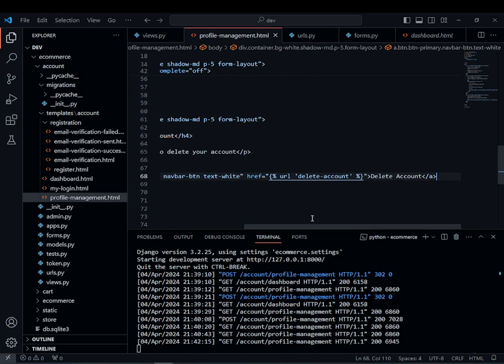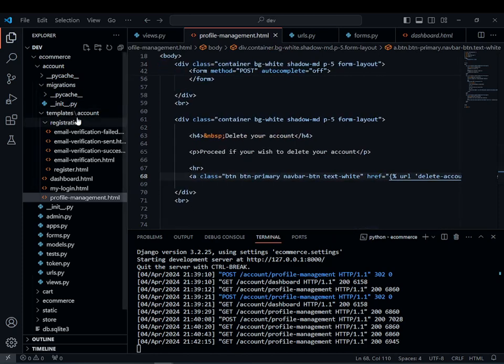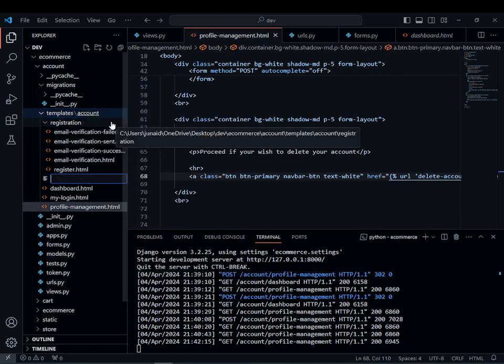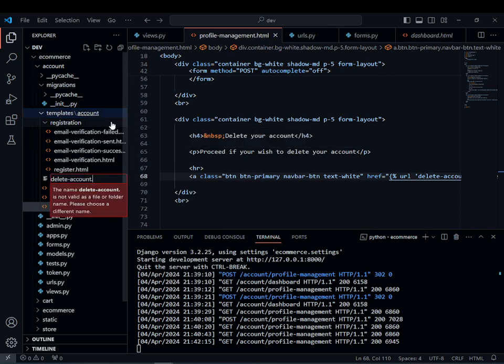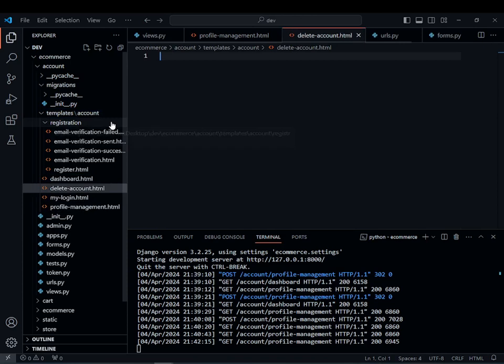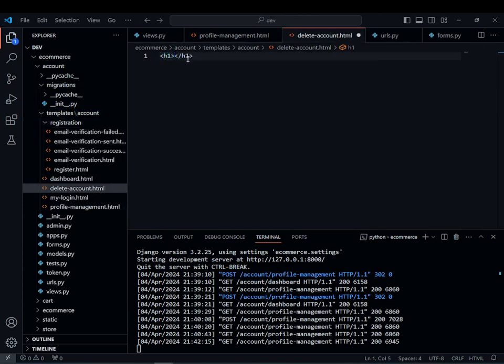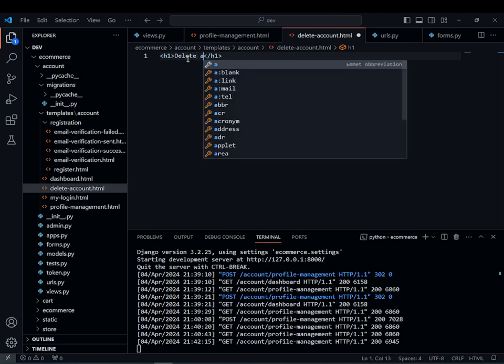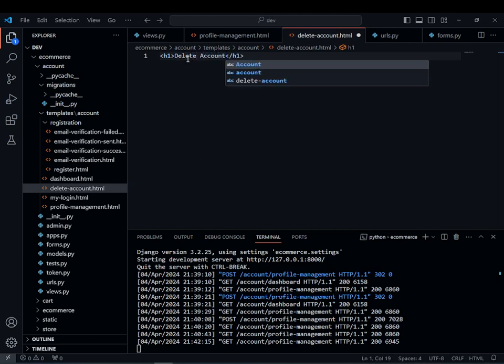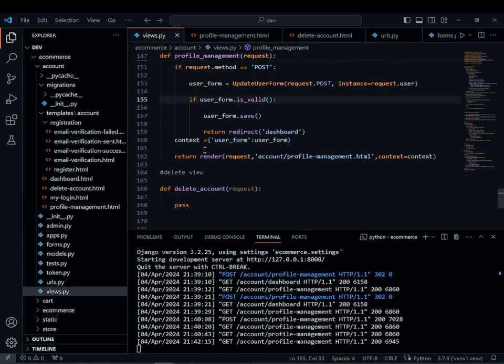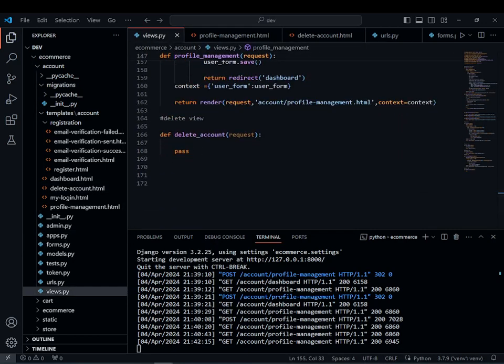So after this just go to your template and under that account create a new file. We are going to name it delete-account.html, and here just put in an h1 tag: delete account. And now go to our views where is our delete account,